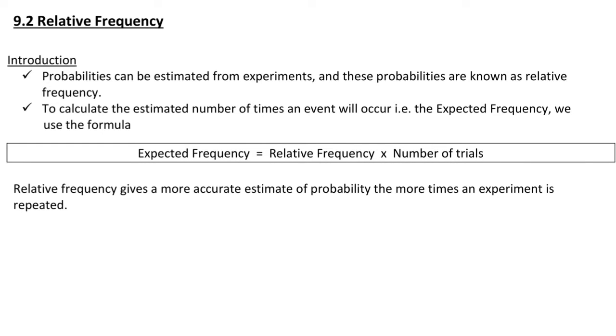9.2 relative frequency. Probabilities can be estimated from experiments, and these probabilities are known as relative frequency. So remember, an experiment could be something like tossing a coin,